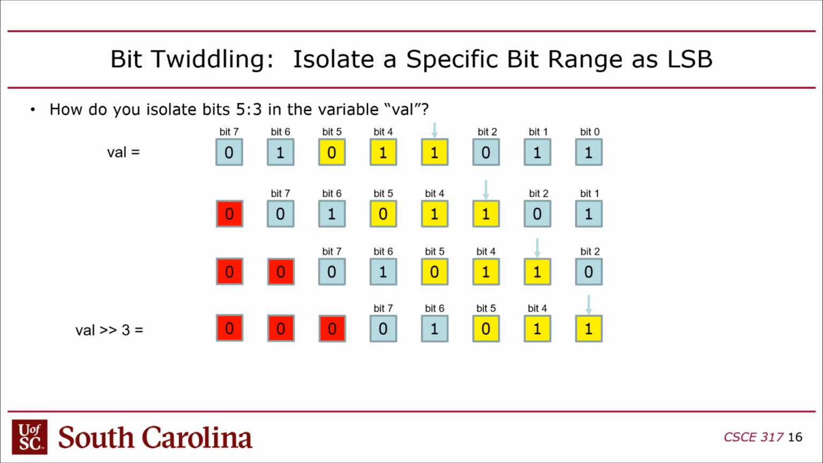Why? Because if you shift 3 bits, you're effectively subtracting 3 from both these numbers. So 5 down to 3 will become 2 down to 0, right? And that's what I want, because I want to get those to be right justified here. So I shift it. But then,